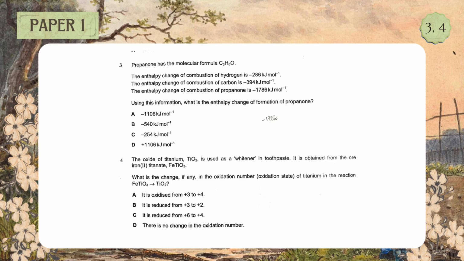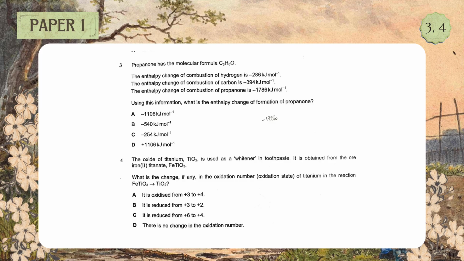For carbon, 3 times minus 394 equals minus 1,182 kilojoules per mole. And for hydrogen, it's 3 times minus 286, which equals minus 888 kilojoules per mole. Oxygen is already an element in its standard state, so its combustion value is 0, and total reactant combustion enthalpy equals minus 1,182 plus minus 888 equals minus